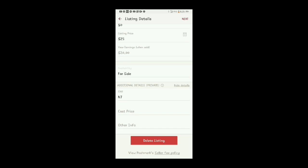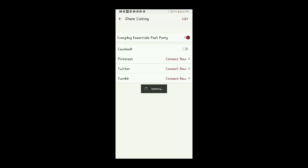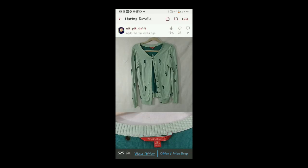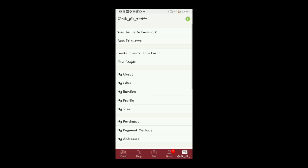Here is where there is a SKU number. You can put the cost price, which this was less than $1, so I just didn't put it on there. I'm going to then hit list, which that's what it would be, list right there. And then I'm going to inventory it away. How I'm going to do that is I have a number and letter inventory system, which brings me to the 10th and final step. The 10th and final step is going to be